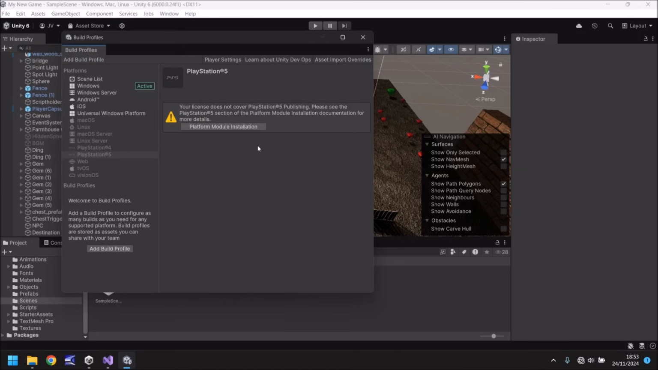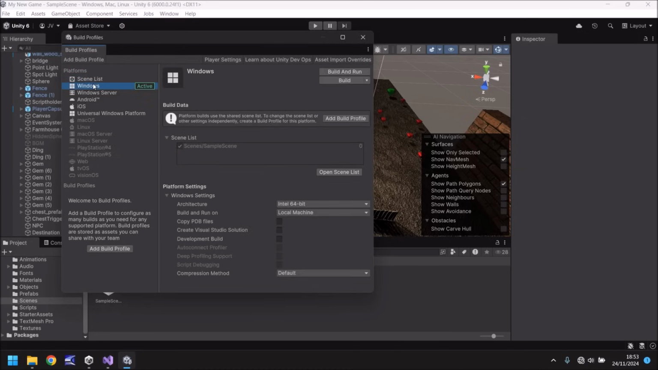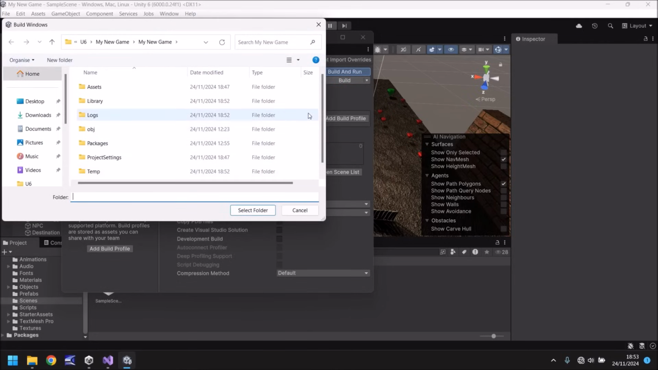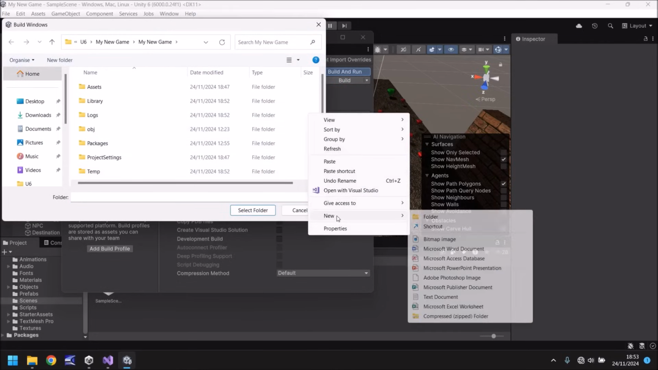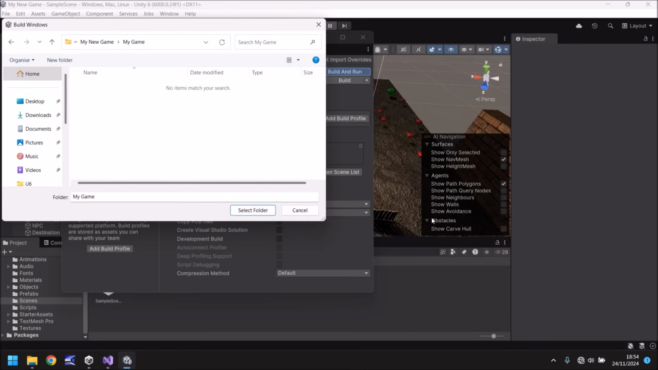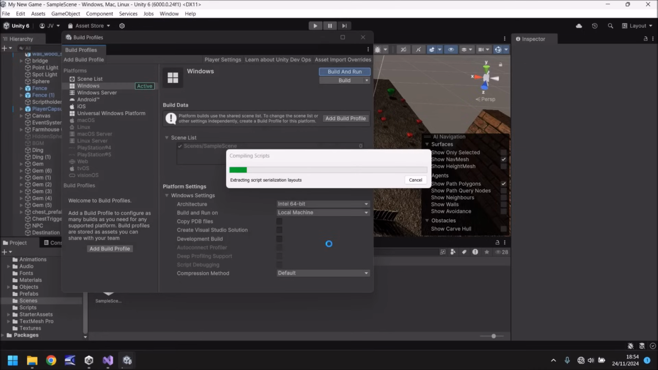Although you don't necessarily have to do that, you could go File, Build and Run. If we go to Windows and go to Build and Run here, now what we do is let's create a new folder. So New Folder, My Game, and let's go into that folder and select folder. Now what Unity will do is it will take all the information that you have put together, all your scripts, all your assets, everything, all your music, and it will compile it into an executable with some data files attached